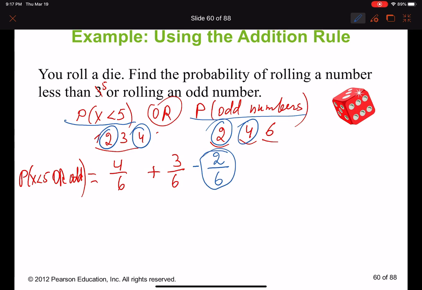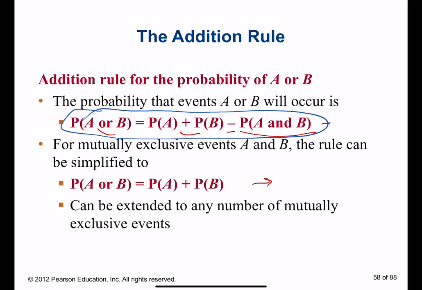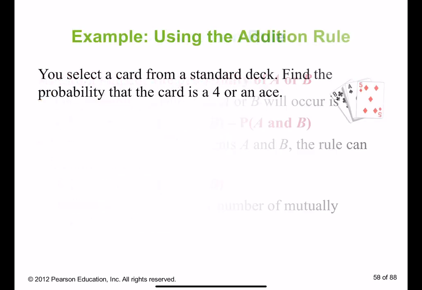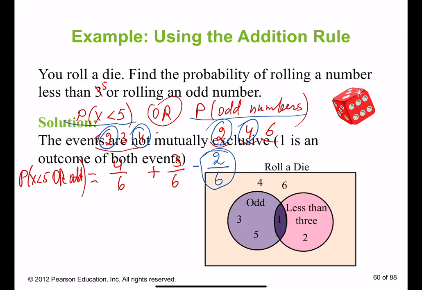Remember when I said if you wait, you will understand in the formula what that means. Let me go back. This event. See, minus probability A and B. This is the one when you subtract probability of A and B when they overlap each other. They repeat themselves in the event of A and in the event of B. Okay? All right. Let's go back now. So minus 2 over 6 and the result is going to be, let me open it because we have it here,